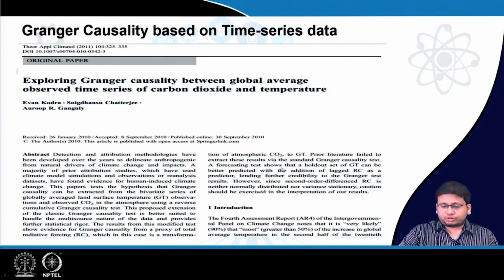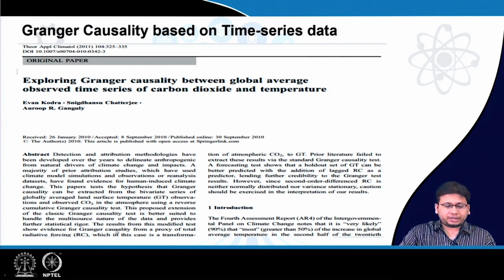A forecasting test shows that a holdout set of the global temperature can be better predicted with the addition of lagged radiative forcing as a predictor, lending further credibility to the Granger test results. However, since second order differenced RC is neither normally distributed nor variance stationary, caution should be exercised in the interpretation of our results. So basically the whole idea is that they have